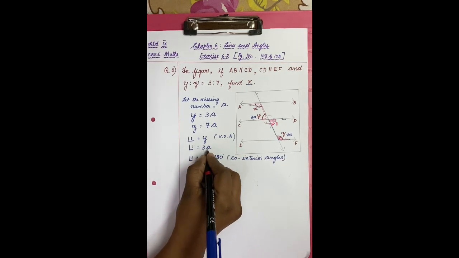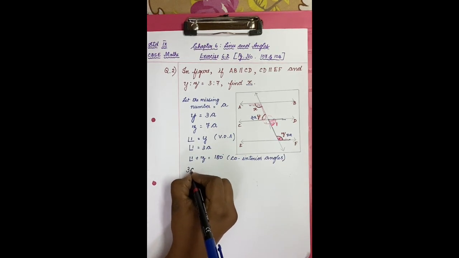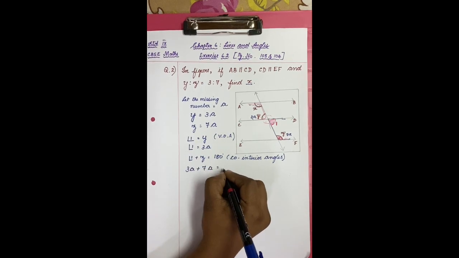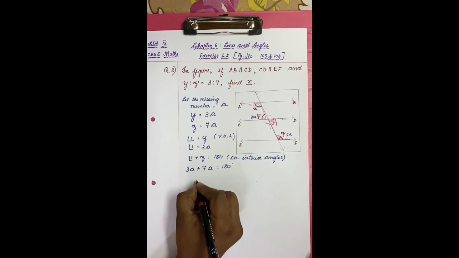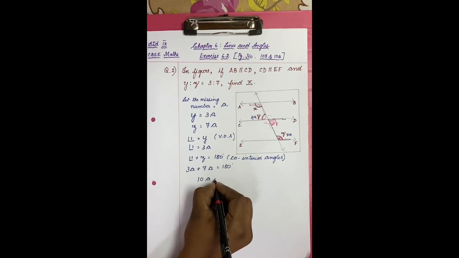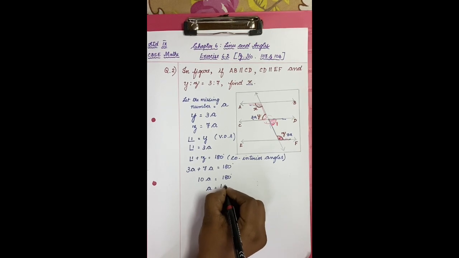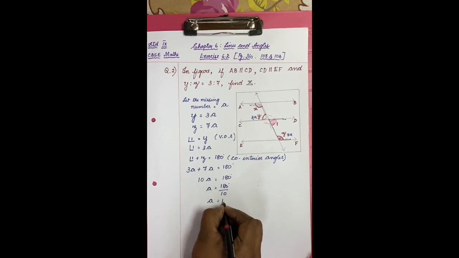Now angle 1 is 3a, angle z is 7a, and the sum is equal to 180 degrees. So 10a is equal to 180 degrees, a is equal to 180 divided by 10, a is equal to 18